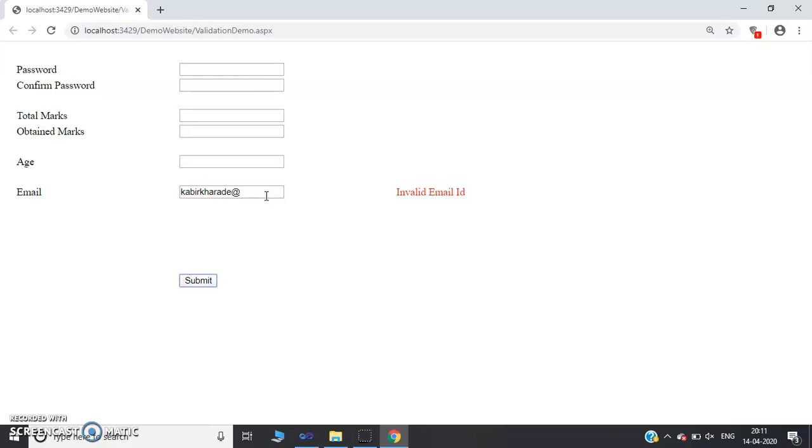Again, it will not accept. We have to provide service provider, after service provider name dot and type of the user. So in this format only you can insert your email ID. Now only it will accept an email ID. So this is the way how we can validate email address.